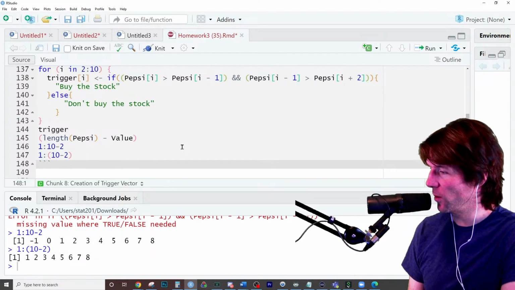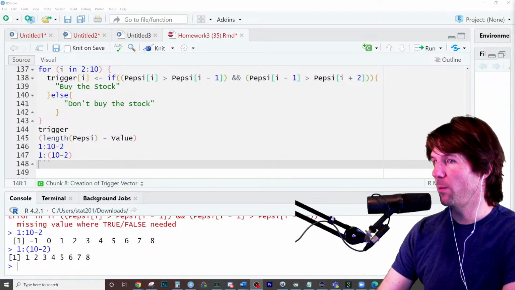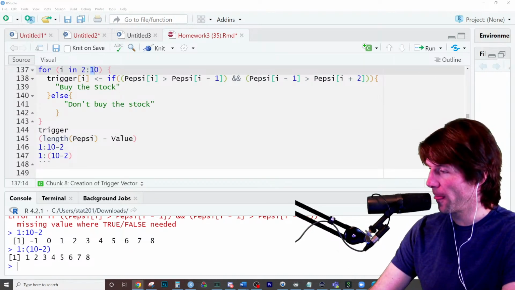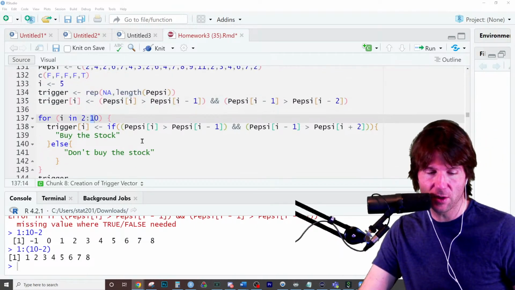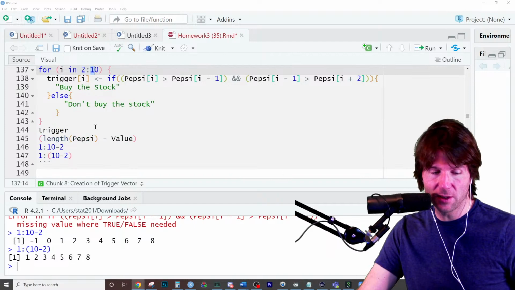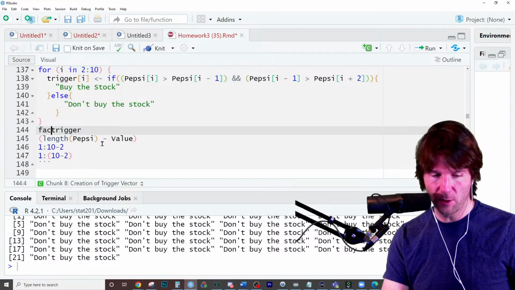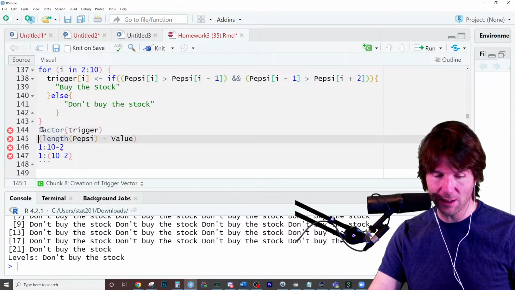I have a more conceptual question for 2A on the assignment. We might have just enough time right here. We're going to talk about that. So yes, it'll be part of the for loop because you'll have to stop it up here. It's the vector you go through. What does it mean by remember to use factor? To turn something into a factor, if we have this right here, like we've done this on this for loop, and we have this trigger right here, and we want to turn it into a categorical variable, we can go right here and go factor around it, and boom, it's a factor.